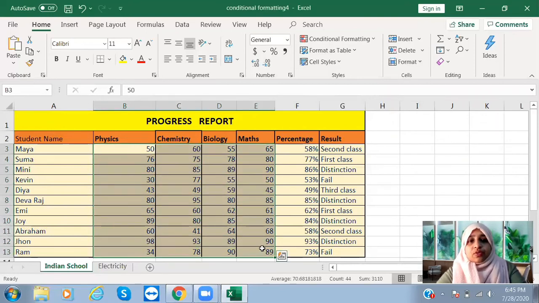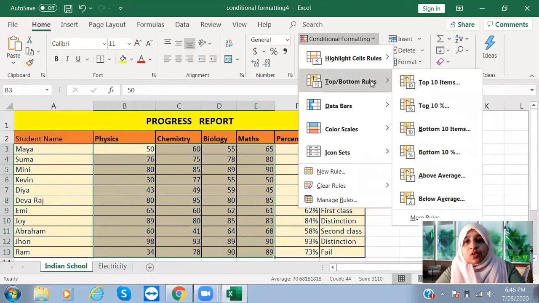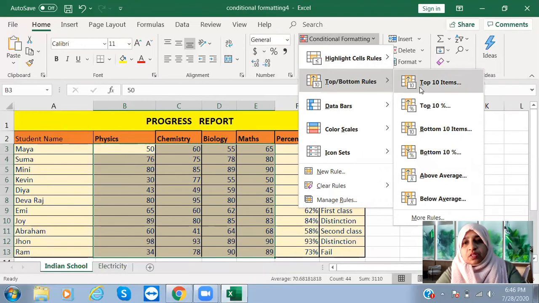Even when you are highlighting, you can select a range, not only one column. You know what a range is, right? Now I have selected a range, in which I have physics, chemistry, biology and mathematics marks. I go to conditional formatting, top or bottom rules, above average.